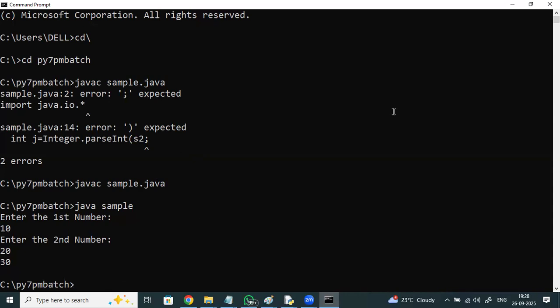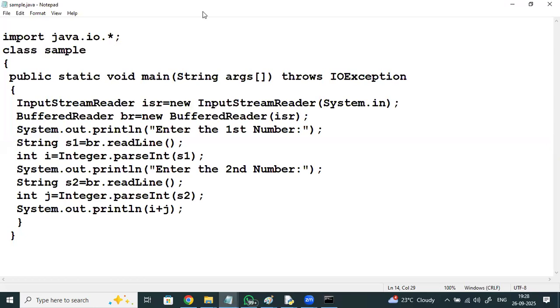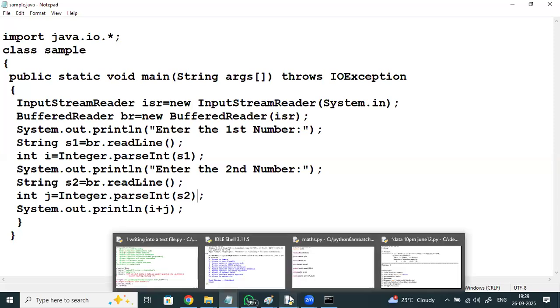I don't know how many of you understood this code. It looks a little complex to understand for someone with zero programming background. What is class? What is public static void main? What is InputStreamReader? What is BufferedReader? readLine, Integer.parseInt. Every statement has complex words, right? The same task I'll implement in Python in not more than 3 lines.